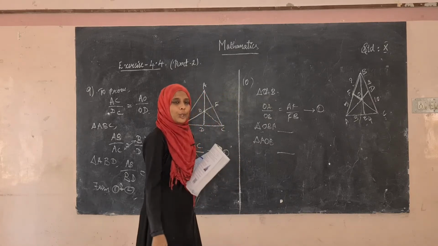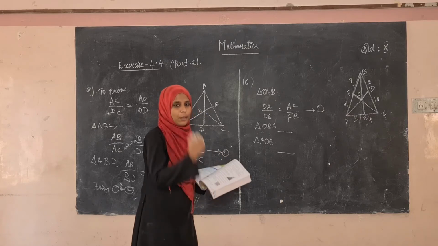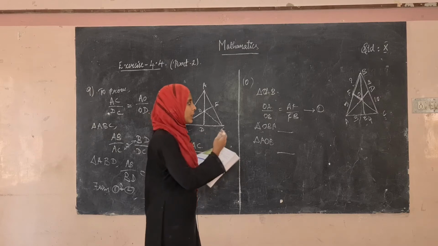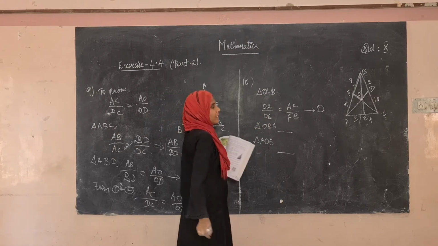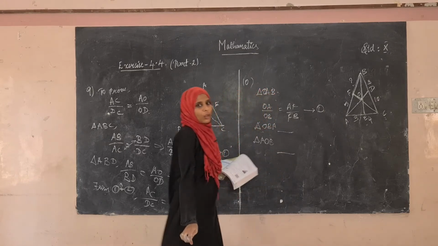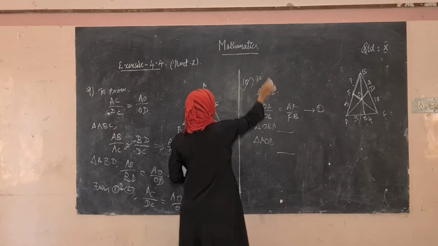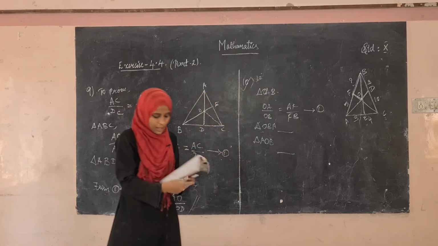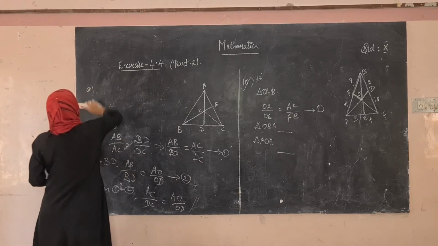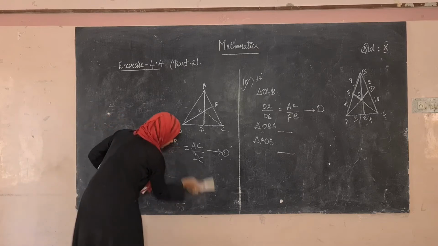Then multiply 1, 2 and 3: multiply the left hand sides and multiply the right hand sides. After multiplying, some terms will get cancelled, so that you will get the value of FB. This is going to be the assignment for you. The 10th sum is the assignment. The remaining sums are construction type, so we are moving on to the next exercise, multiple choice questions, exercise 4.5.